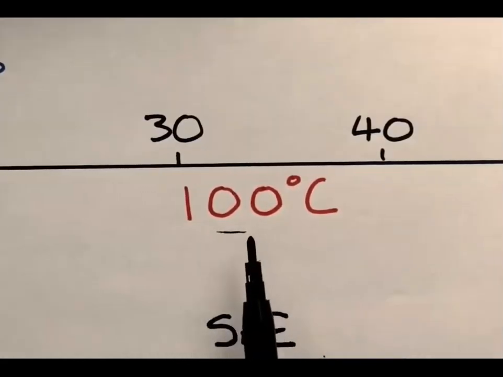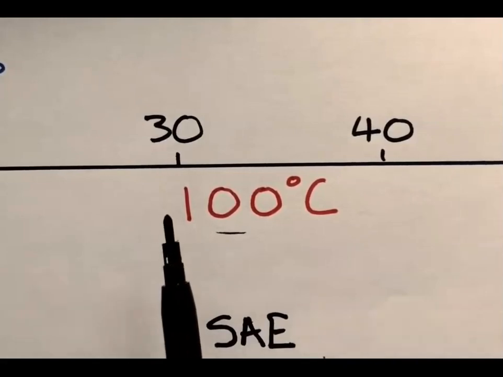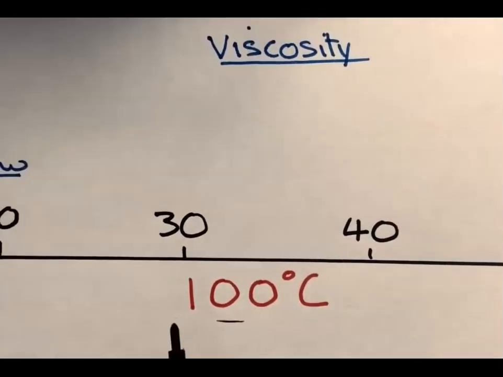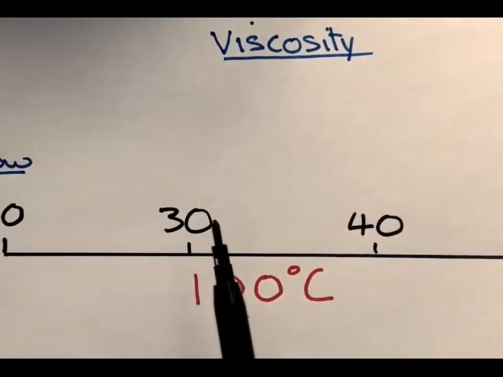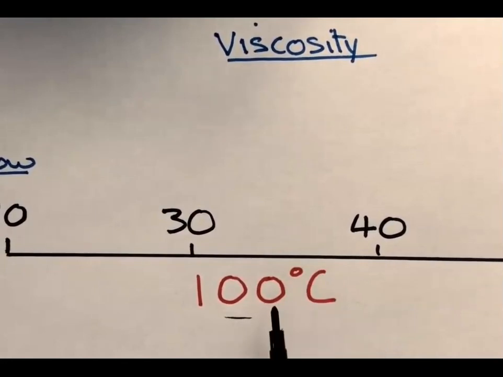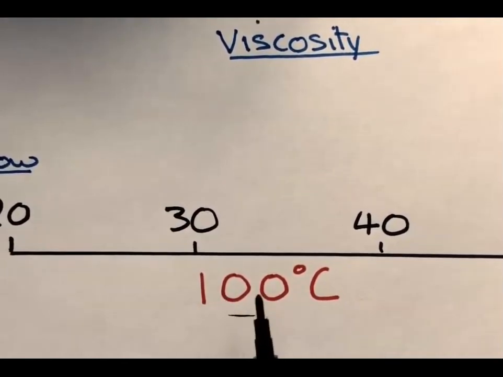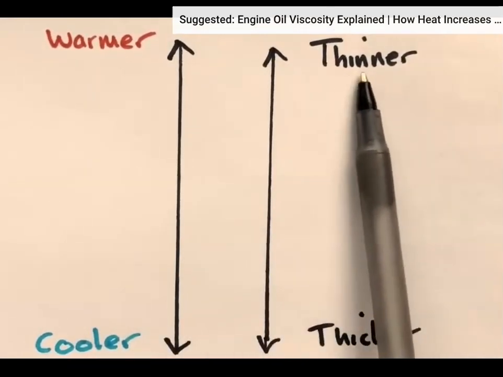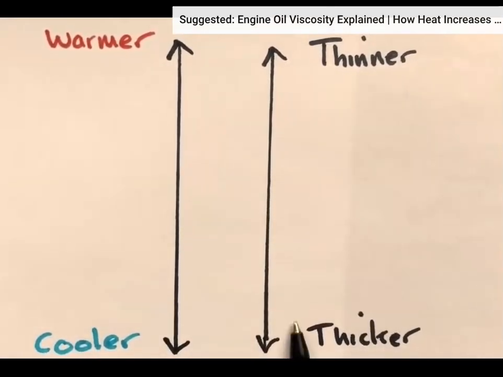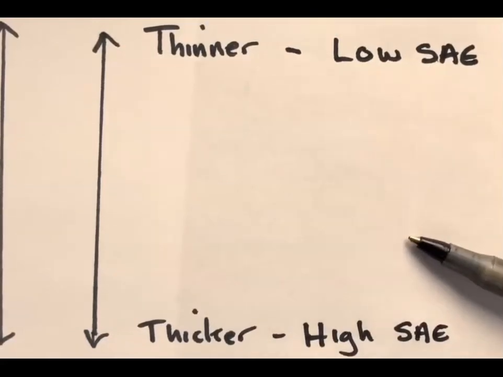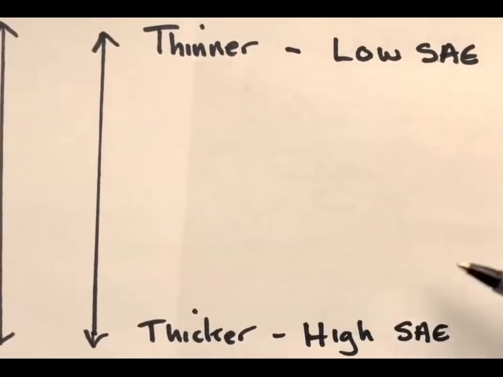But as most of us know, oils at different temperatures react differently. They have different consistencies, different viscosities. The important thing here is that these figures are for tests at this temperature. So the oil condition relates to this temperature. If we cool the average oil down, there's a tendency to go thicker. The warmer it gets, the thinner it gets, and the cooler it gets, the thicker it gets. So the warmer it gets, the lower the SAE numbers are, and the cooler it gets, the higher the SAE